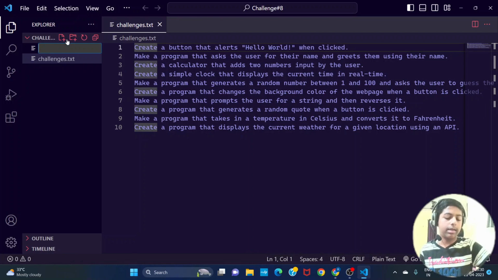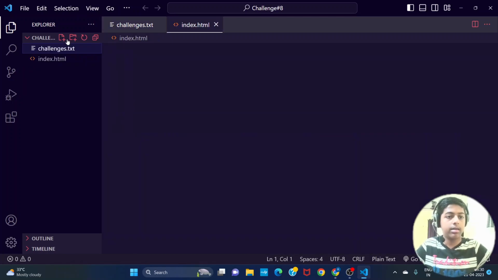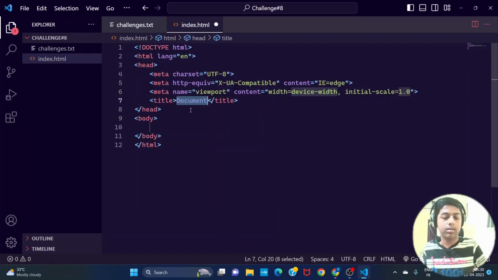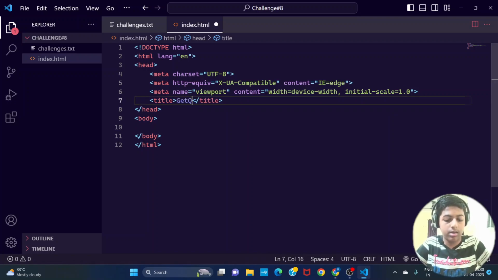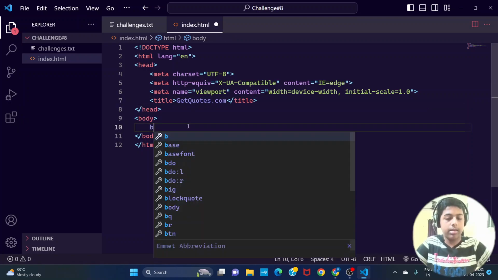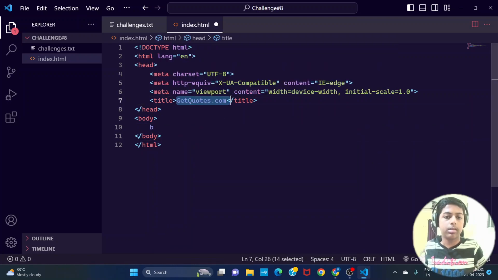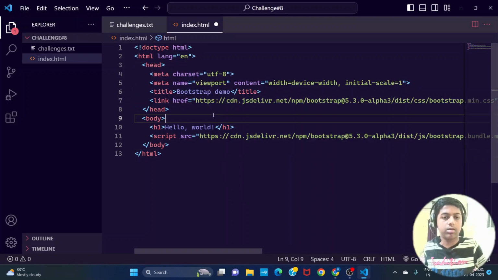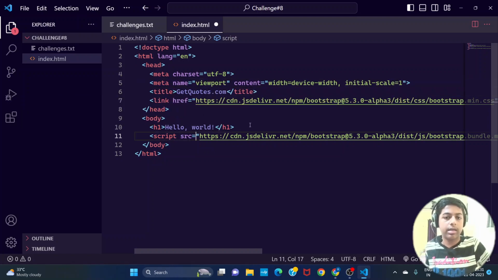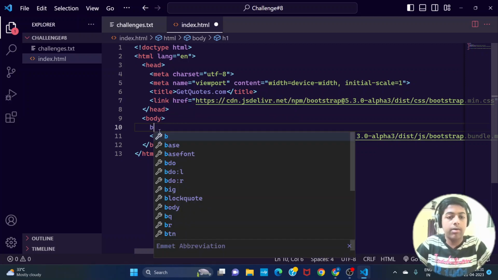For that, let's make an index.html file here, and let's give the basic boilerplate, and let's give it the title getwords.com. After that, let's make a button, or let's give the basic boilerplate right now. Let's copy this, and now let's say getwords.com. After that, instead of this h1, let's give a button here,